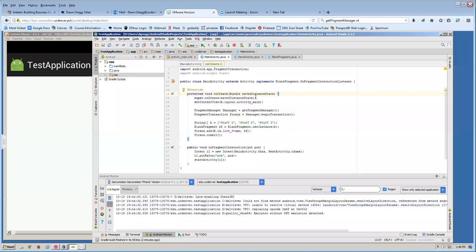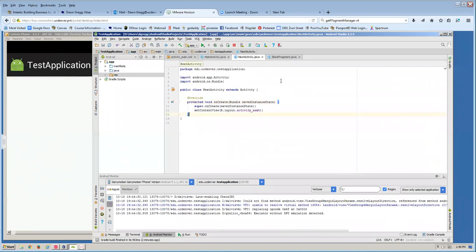So now that I know that my main activity can use an intent to launch another activity, I want to be able to get the data I put into my intent out. And in order to do that, I would go to next activity,